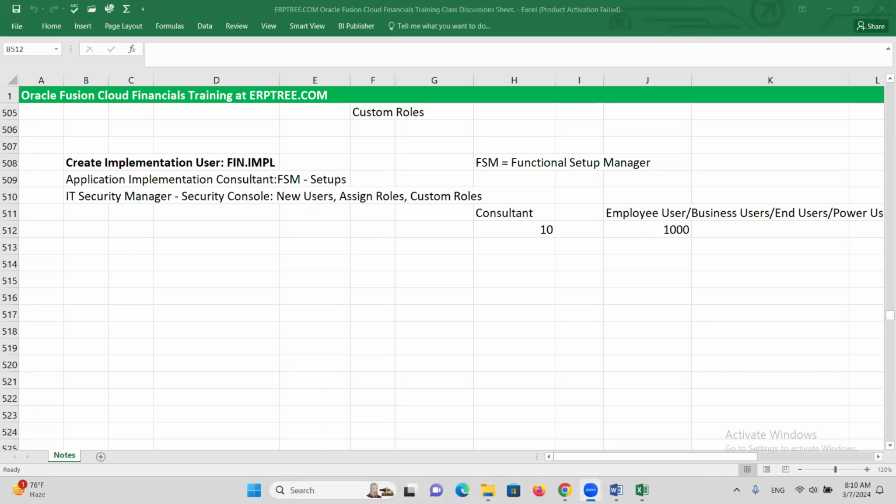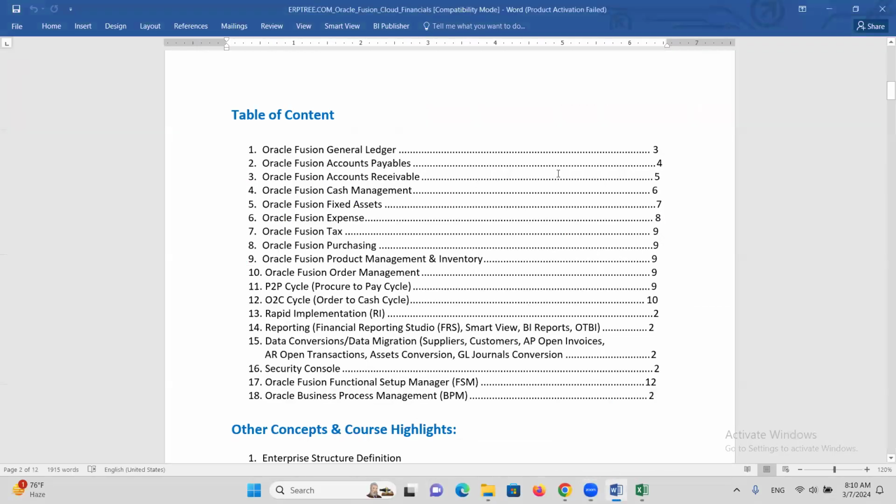Fine. So in the last session, we have seen how to create the implementation user. We created the implementation user and assigned the roles called Application Implementation Consultant and IT Security Manager. These two roles are seeded roles, provided by Oracle. We also discussed the purpose of those roles. Before we proceed further in the system process, I'll take you through a few points related to the